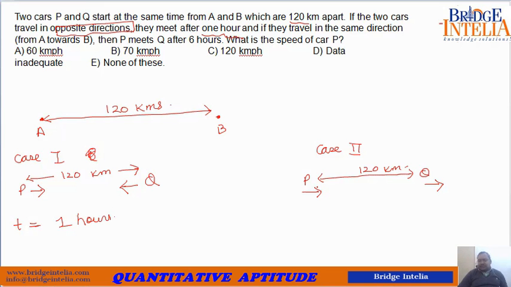In case 2, they are not helping each other. Q is trying to avoid meeting because P is chasing Q. Q is also running away from P. So what does this mean? The first thing that becomes very clear is that if P manages to catch Q, the speed of P must be greater than that of Q. That you understand properly. Anyway, the time taken by P to meet Q in case 2 is equal to 6 hours. So based on this data, we have to find the speed of P. So let's do that.